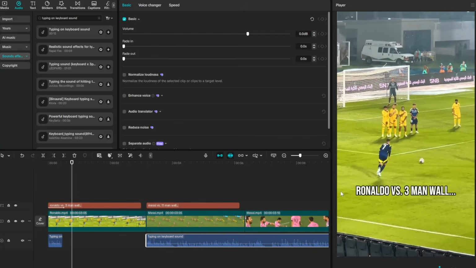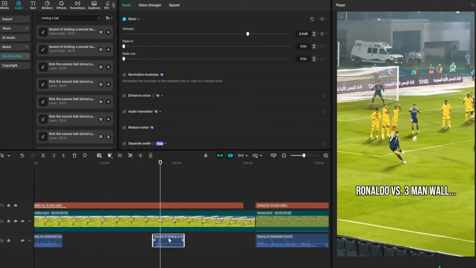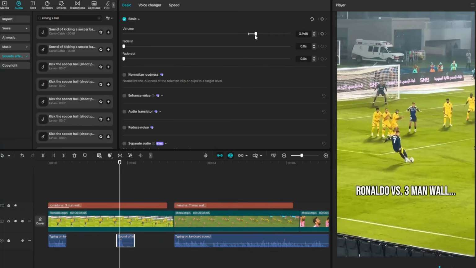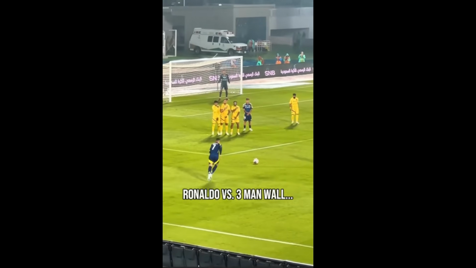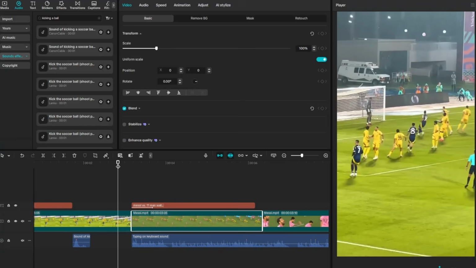That's pretty good. Now let's add another sound effect when he's kicking the ball. Drag it to where he's gonna impact the ball right there. Move that right there. Boom, just like surgery. Nice and precise. The volume up a bit on the kick, why not? Now we got something like this. I went ahead and repeated the same process for the Messi clip.